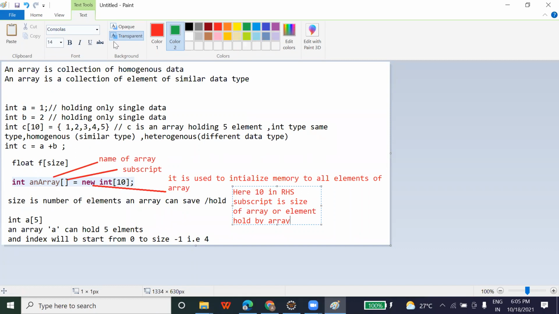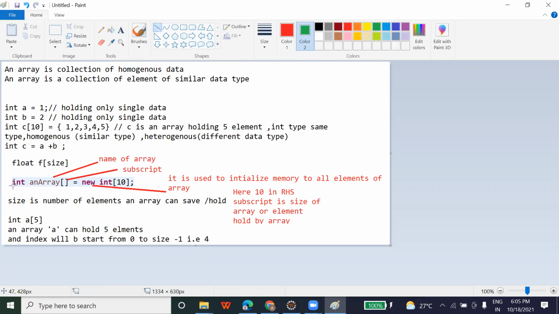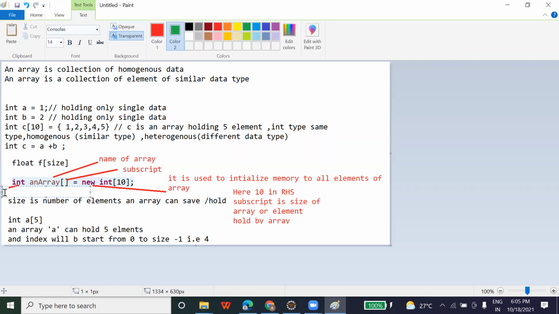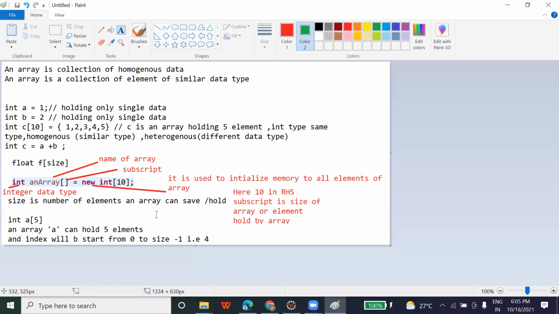One thing that is left: what is the type of those elements? If you can see here, it will be of integer type. Okay, so this is about your array.